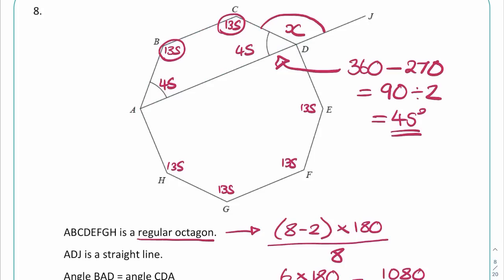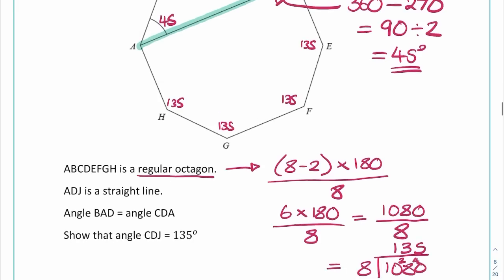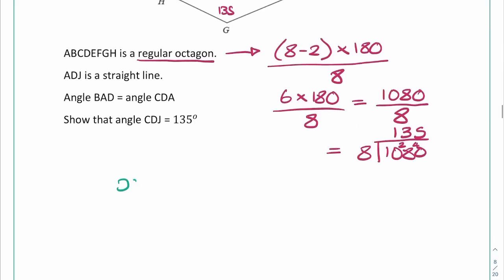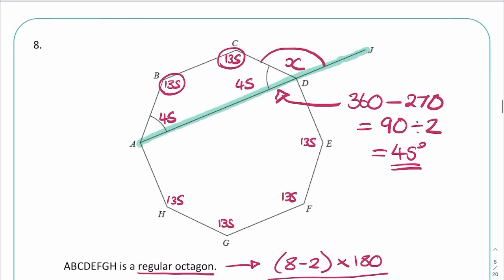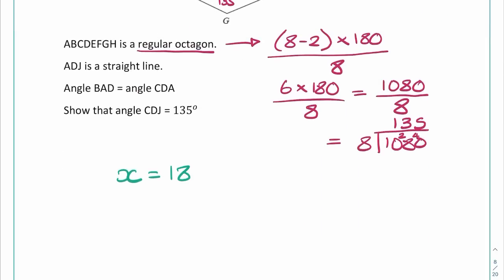So there we go, there are the angles in that particular shape, and it's now told us as well that this is a straight line. We know that angles on a straight line add up to 180, and the 45 with the angle we're looking for creates a nice straight line there. So to find that final missing angle, which I've called X, which we'll write down here, we would do 180 take away this 45, and 180 take away 45 is equal to 135 degrees,